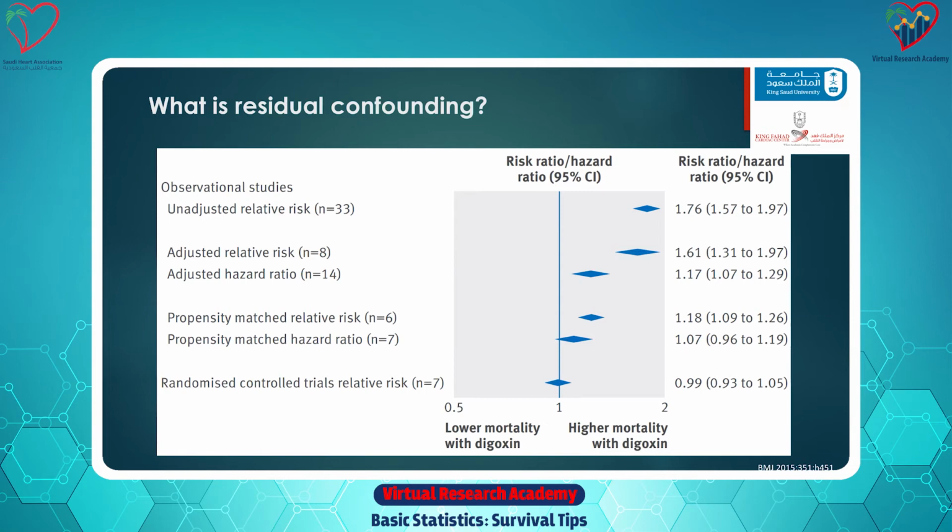The reason is this concept of residual confounding, which means confounding that you didn't adjust for. So no matter what technique, you will have to decide what factors you're going to adjust for. And if you don't include all the important factors, there will be residual confounding, because there are residual factors that you didn't adjust for. And that's what probably makes the difference between studies when it comes to adjusted analysis: how much you left out.